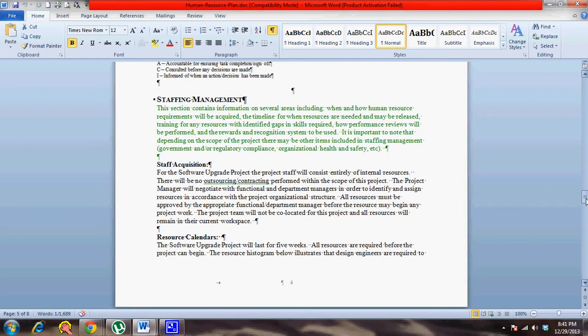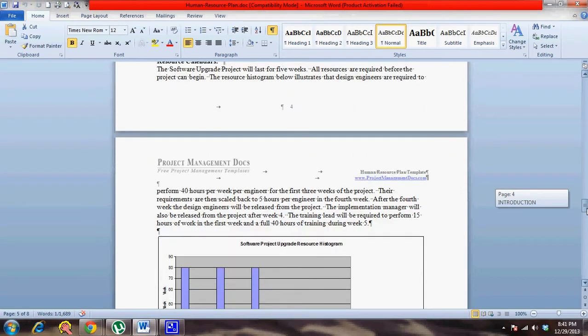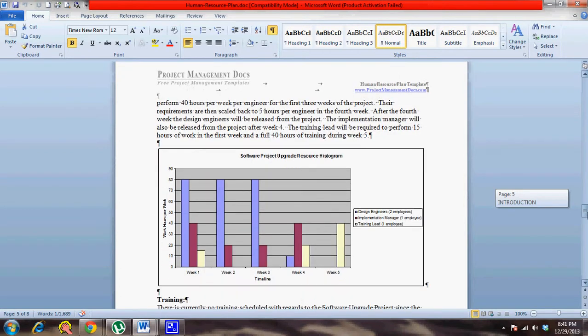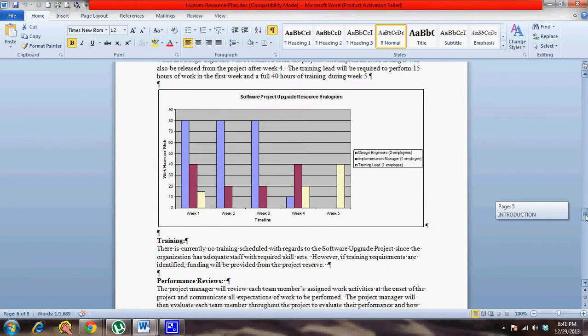Then the resource calendar shows how many hours per week they will work. Some of the resources might start at 5 hours per week, then they would move on into the development phase. They will spend about 20 hours per week. So those things are all documented as part of your resource calendar, and it is depicted using the resource histogram. So if it goes above the 40 hours mark, this is totaling all the resources in this case, but sometimes specifically you will draw for one specific resource, and then you can easily level if it is going above the 40 hours mark. Training, what is the training that would be needed for resources?